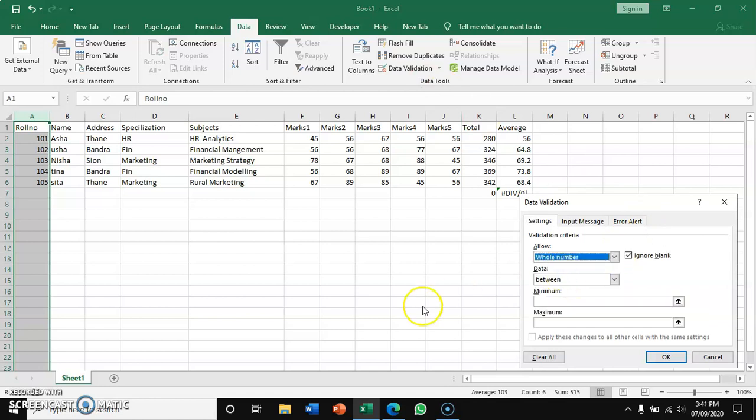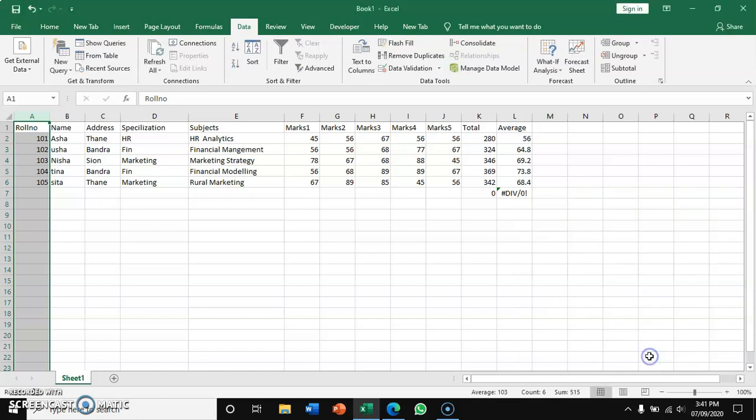The validation I want is that the roll number should be minimum 101 and maximum 120. This is the one validation which I have added. Like this you can add validation to other categories also. We have already learned how to use data validation.